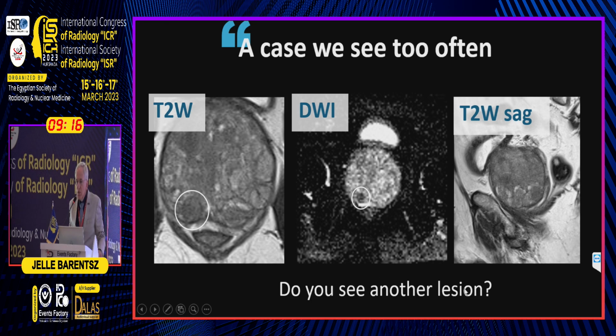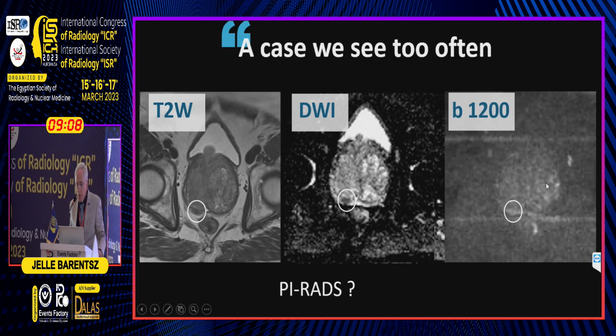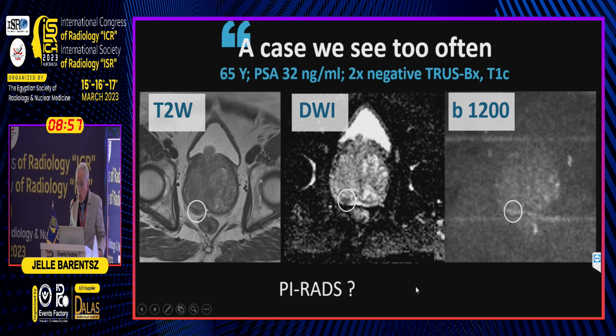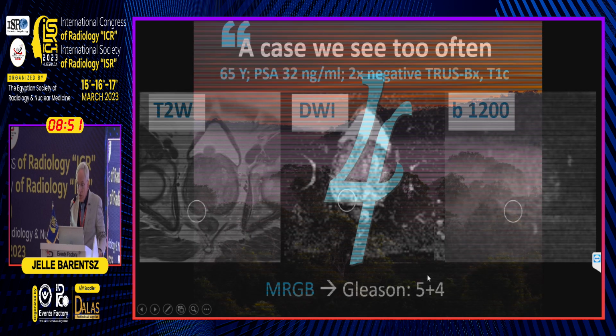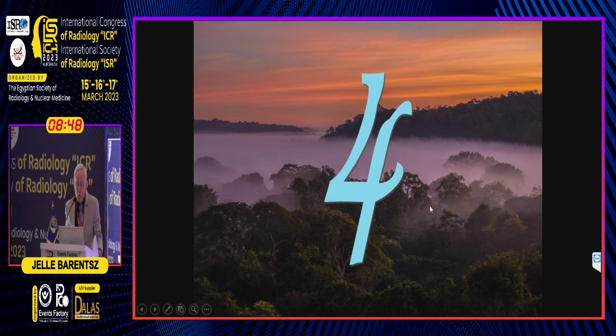Second of all, there's another lesion. Do you see it? Well, look at all the images, and if you look very closely, you can see something over here. And if we now go to the slice of the other images, you see that there is a small lesion here, which is dark, slightly bright, and also focal, so PI-RADS is either a 3 or a 4. Biopsy showed a very aggressive tumor. So urologists are not happy. We should work on that.